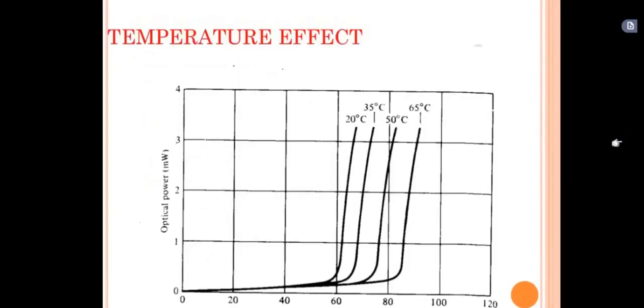Next, how the temperature is going to affect. Current we are considering in milliamperes and the optical power in milliwatts. We already have seen this graph: starting initially, it increases diagonally in a very linear form. That is at 20 degrees centigrade. This is the graph we can see at 35, 50, and 65 degrees centigrade. These are constant temperatures we are keeping, and we want to see how much optical power we can get. This is the graph with the temperature effects, right?